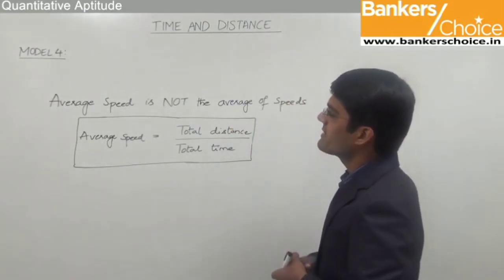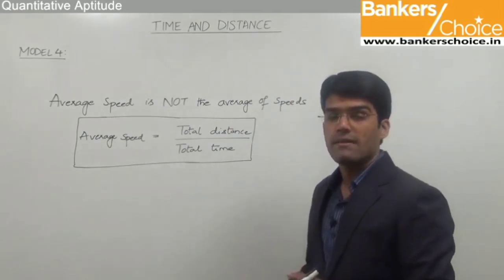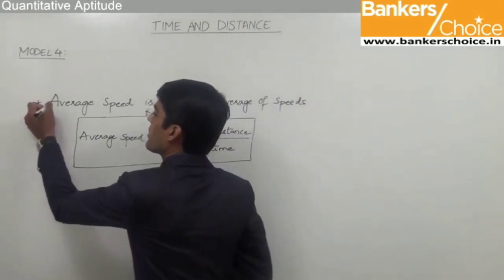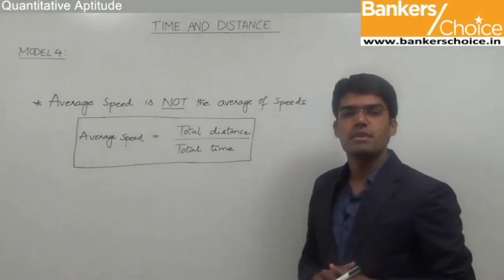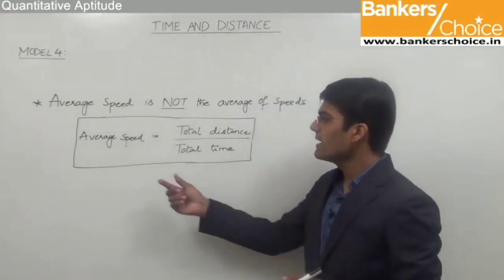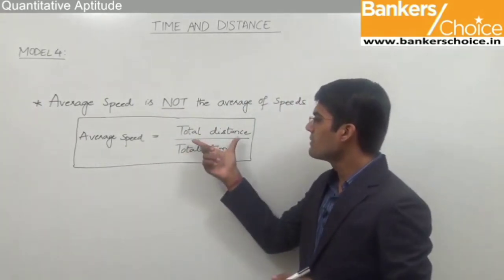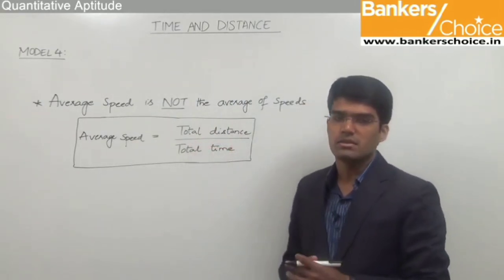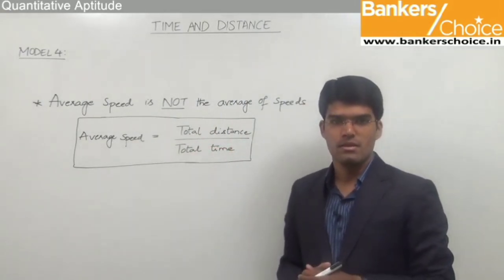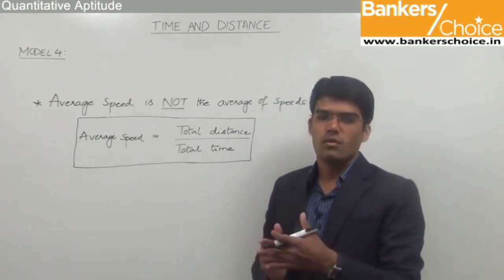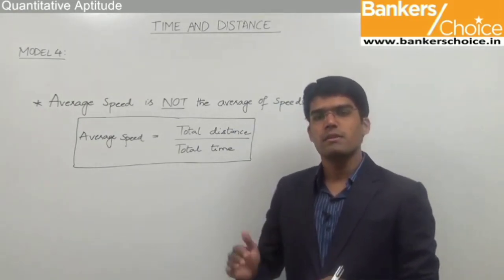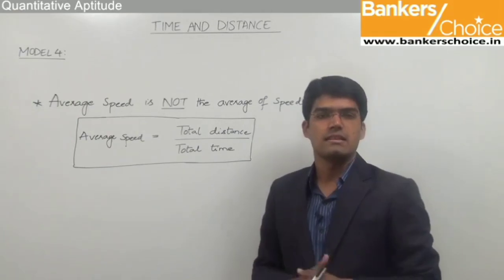The first point here is average speed is not the average of speeds. This is very important. Remember, average speed cannot be taken as the average of the given speeds. It should always be calculated as average speed equals total distance travelled by total time taken to travel the distance. For example, if the speed of the body for a certain journey was 50 kilometers per hour and for the remaining part of the journey it was 60 kilometers per hour,